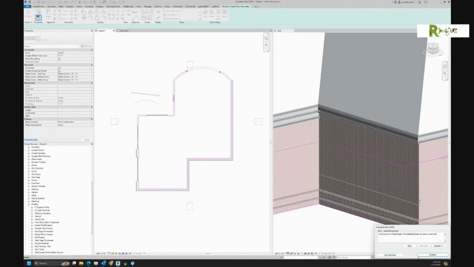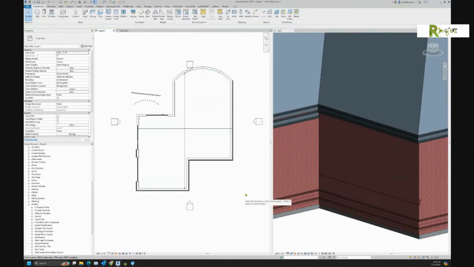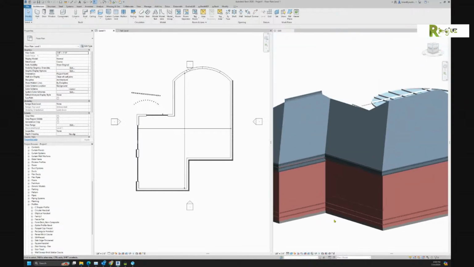Just so you know, I did a double escape to get out of that command. When you're in the select walls, you will just keep selecting the walls and driving yourself nuts. Now, what happens with this guy, unfortunately, you would hope, if I do a section,